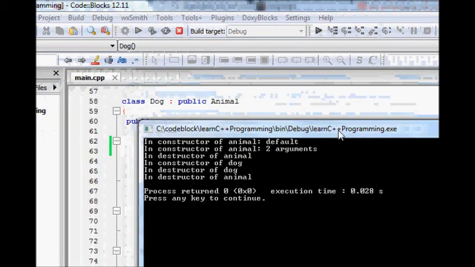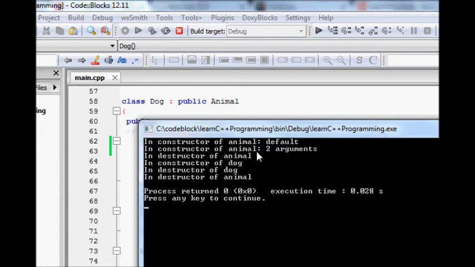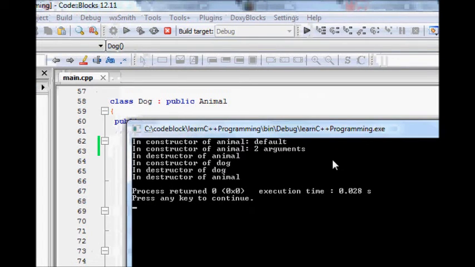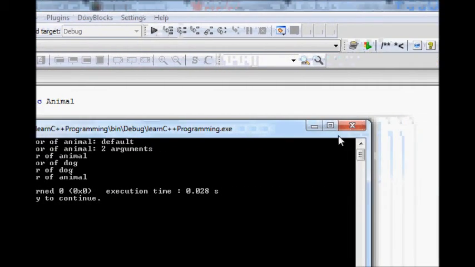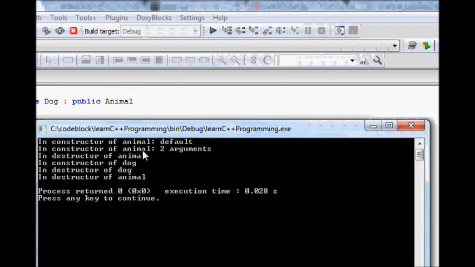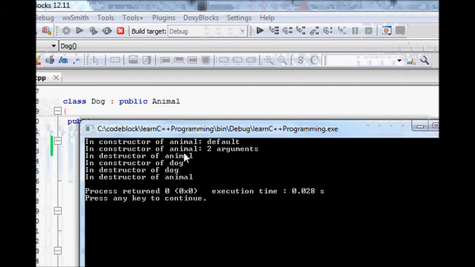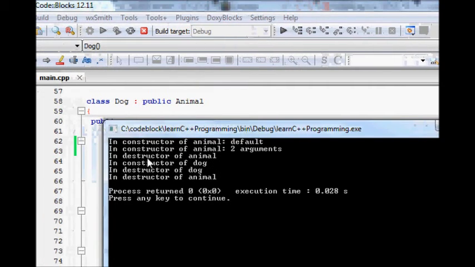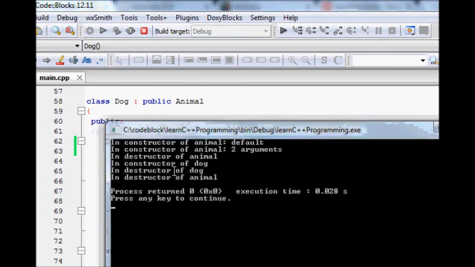We build it and run it. In constructor of animal, default. In constructor of animal, 2 arguments. Then the destructor of animal, then the constructor of dog. What is happening?